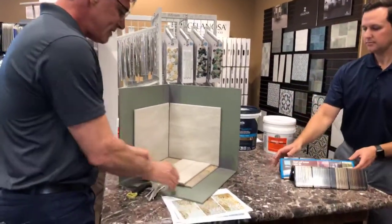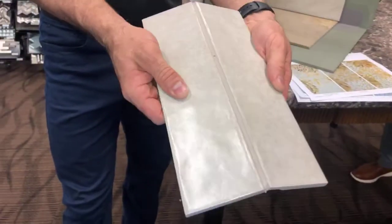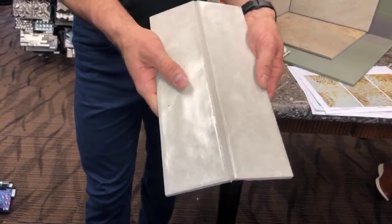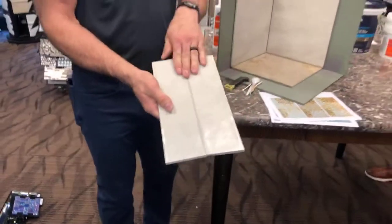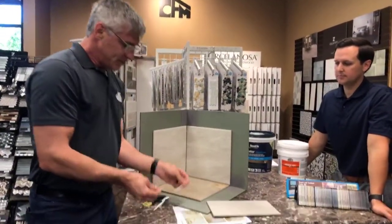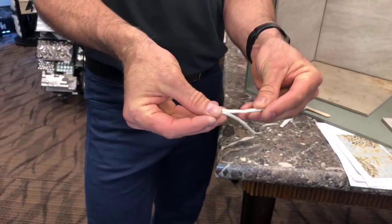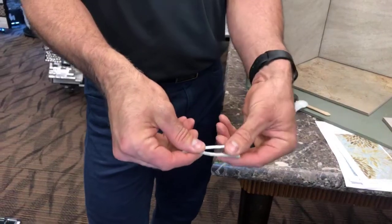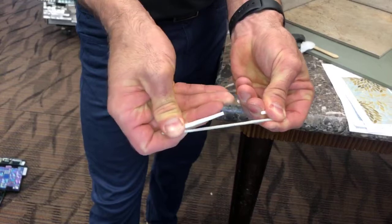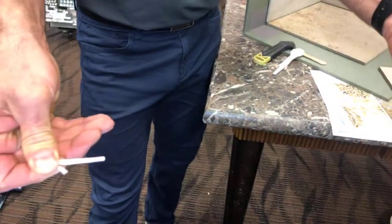Exactly. And the reason is because of the flexibility. So what I have is two pieces of tile here, and you can see, I've had this for years, bending, and it doesn't break. So this is what a silicone sealant will do. And in fact, I have two examples here. So on the top, we have a sanded caulk, and on the bottom, we have a silicone. And what I'm going to do is I'm simply going to pull and watch what happens. So that sanded caulk breaks, and look at how far that silicone goes before it finally...